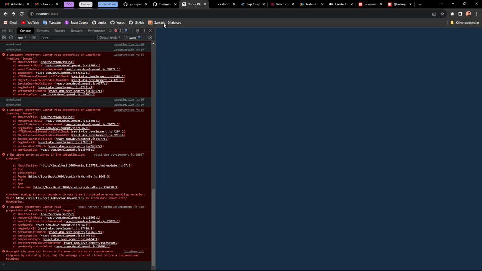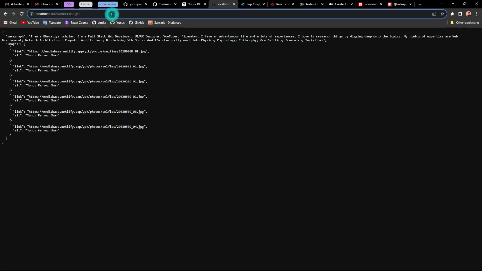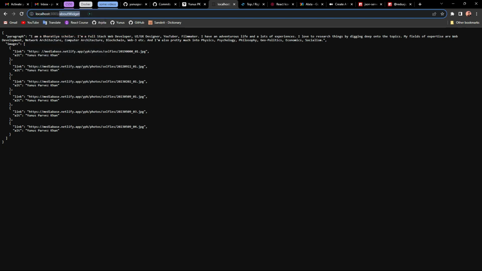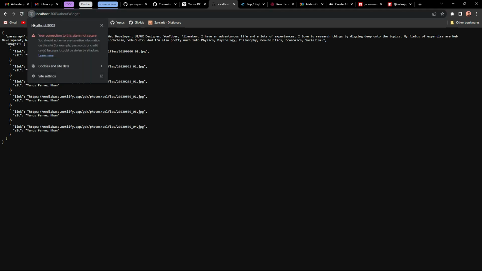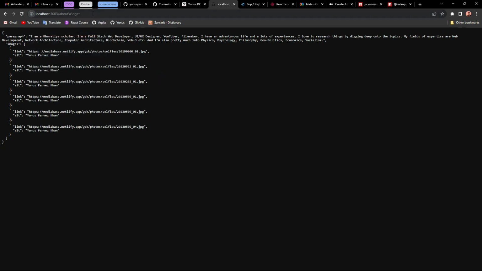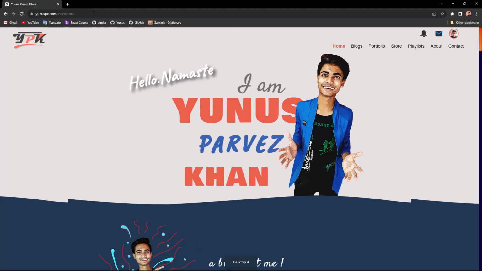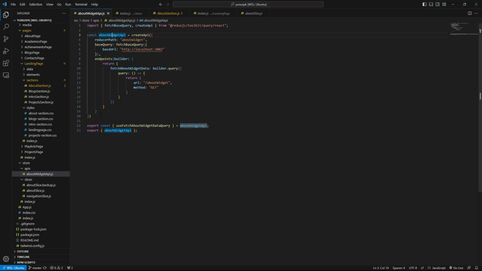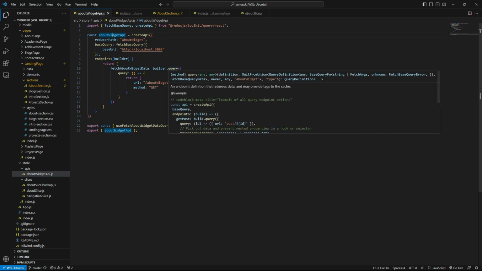http://localhost:3003. Is it HTTPS by any chance? It's not secure, right? So that means it's not HTTPS, it's HTTP. If I copy that and paste it here, we got the HTTP here, right? So it's HTTP. It's not HTTPS, it's HTTP localhost 3003. Endpoints builder, and return fetchAboutWidgetData builder.query, and the query is